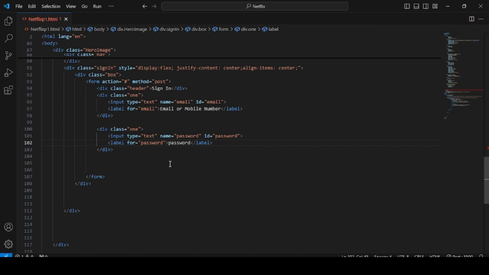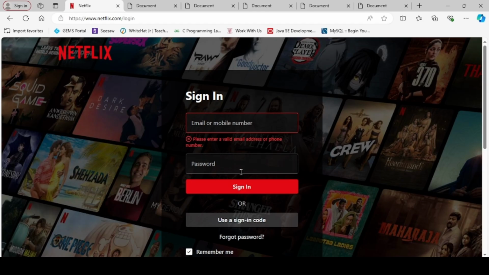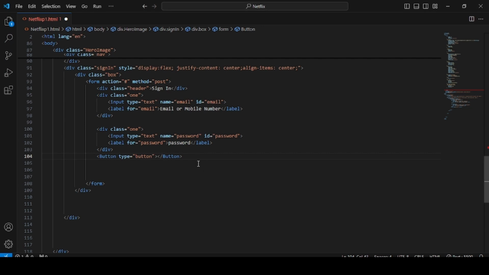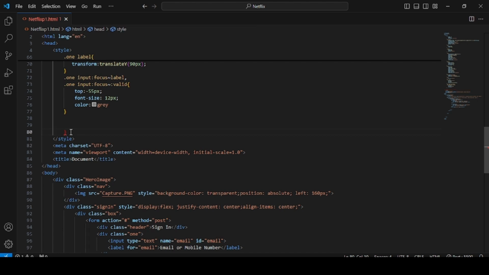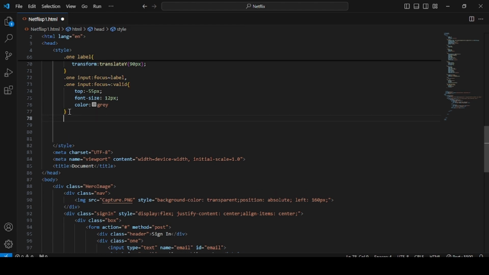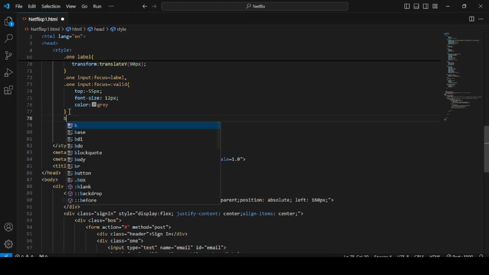So to create that button, outside this div class 1 I'm giving button type equals to button, and here we have to put the text, that is sign in. Save. And in head section we have to give width and height of button and other formatting features. So it's button,